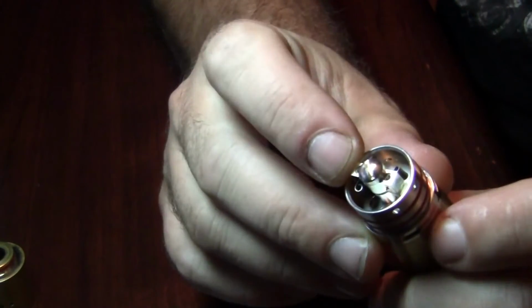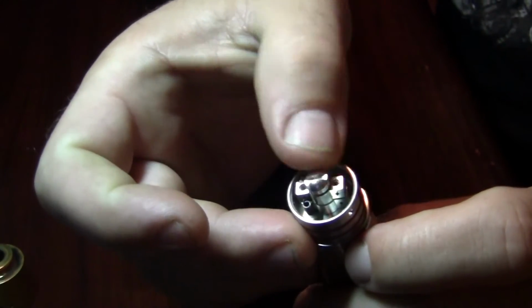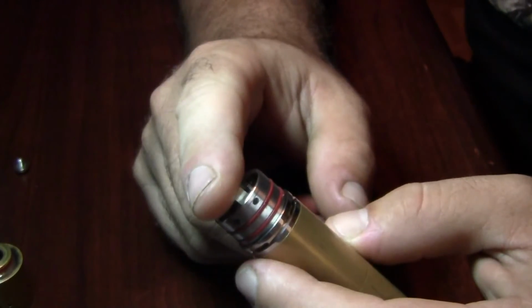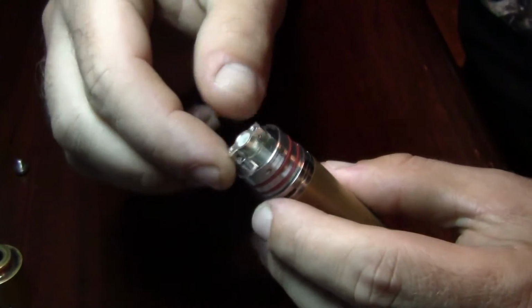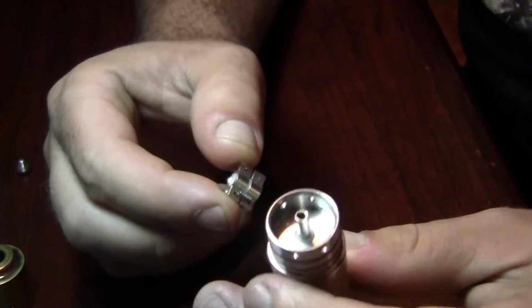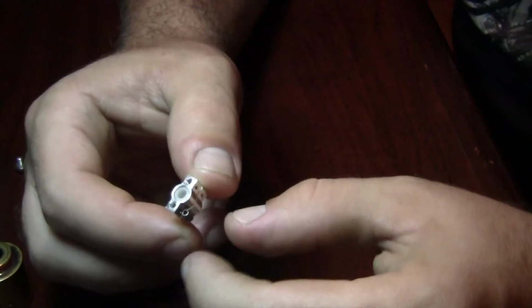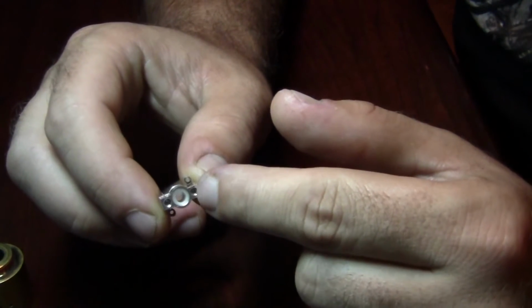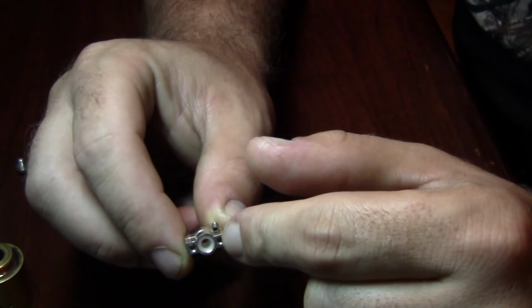So take this out. All you're doing is unscrewing this flathead screw, which is also rhodium plated, and there it goes. And once that's screwed down tight, it completes your circuit, and you get your connection, and you're off to the races. Now for this video, I'm gonna go with pre-built coils, because I tried to make this video once already, and I tried to put on quad coils of 26 gauge, and it ohmed out at 0.3,